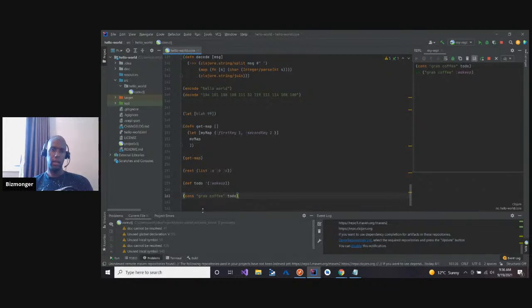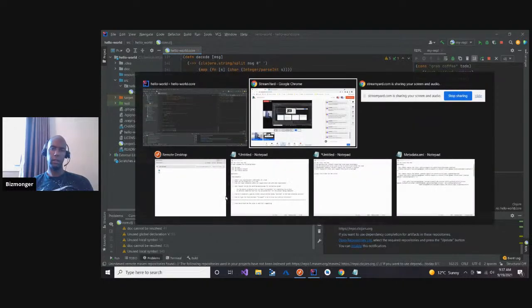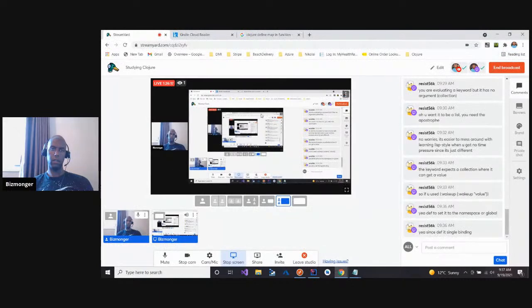Got it. And what I meant to do was do this right here. Add a key, then say grab coffee. And if you want to remove it, how do you remove something from a list?